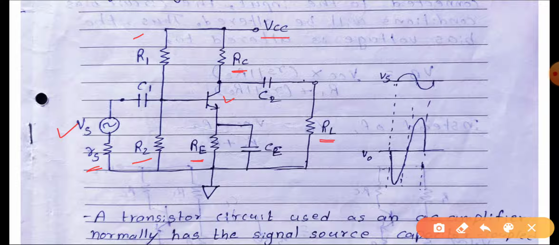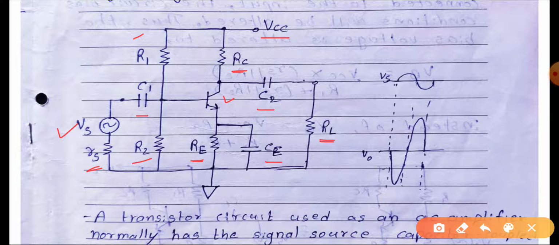Now these are the basic things you already know. There are certain new things in this circuit. You can see there are three capacitors, namely C1, C2 and C. What are these three capacitors and why are they used? These capacitors are very useful in the amplifier circuit. We'll see the working of these capacitors one by one.